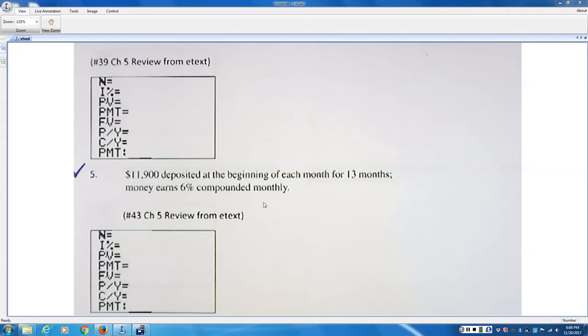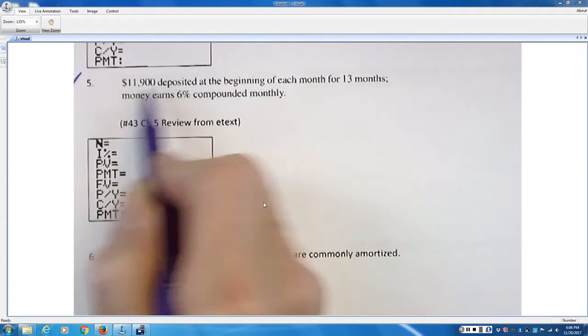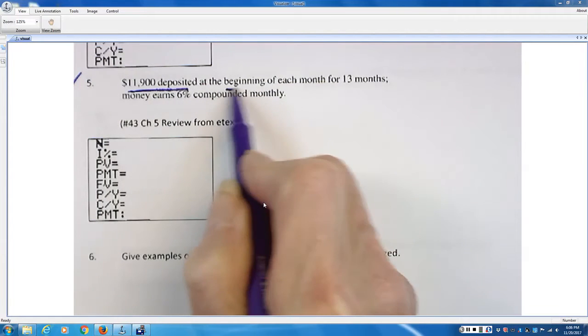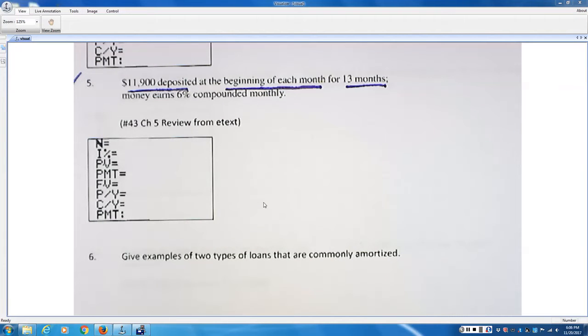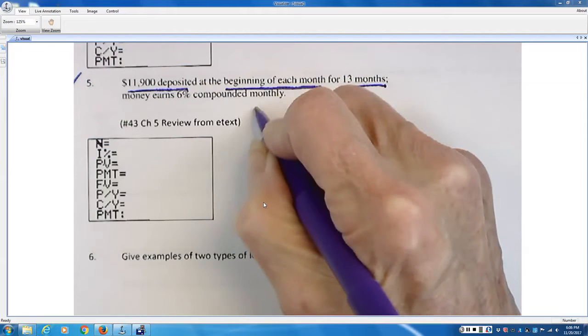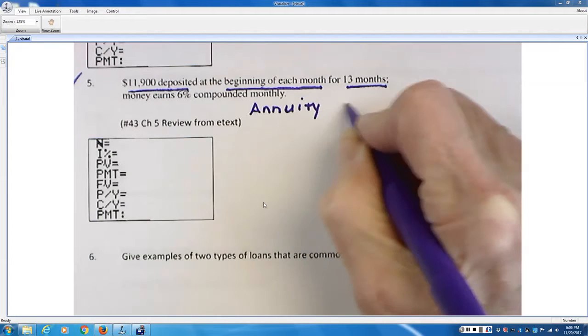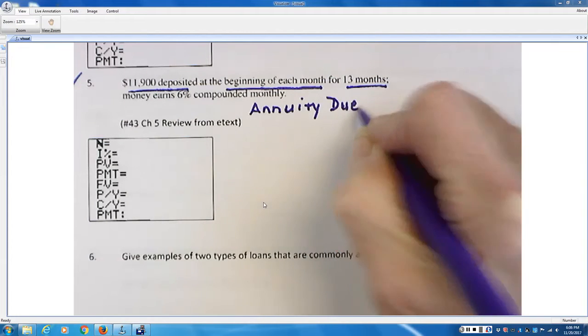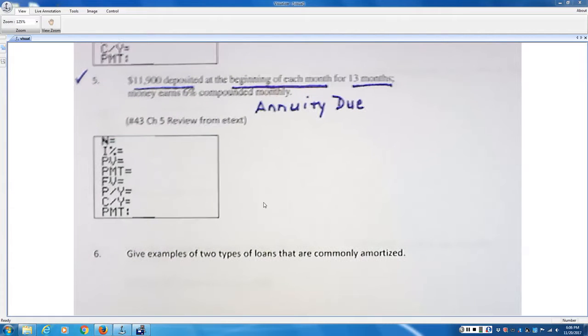Okay, number 5. What you're actually doing is depositing this amount of money at the beginning of each month for 13 months. The fact that you're depositing at the beginning tells you that that's an annuity due. With an ordinary annuity, you'd be making those deposits at the end of each month. So what you're going to do to solve that problem